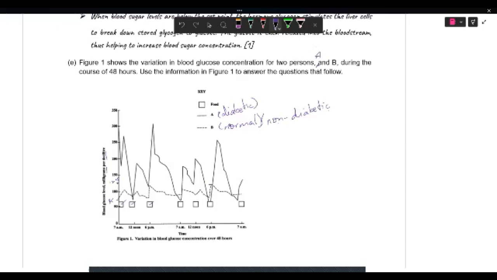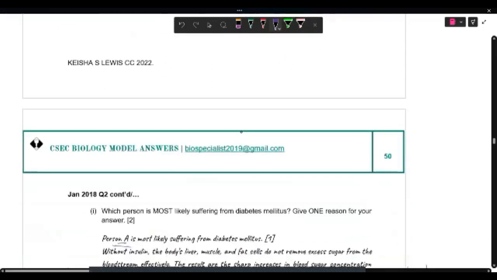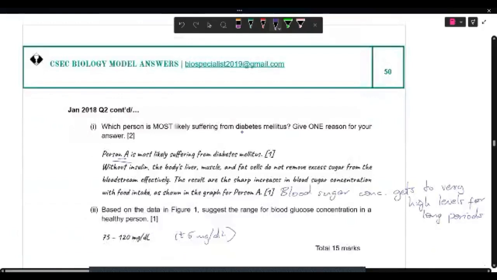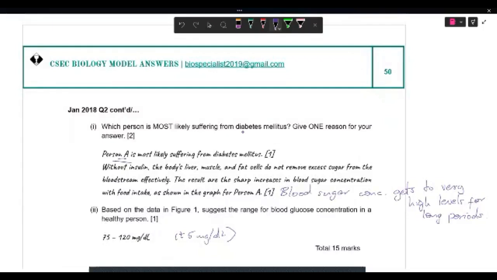Okay, so let's look at the question. And as we can see, we already answered the question, which person is most likely suffering from diabetes mellitus? And we know that's person A, but we have to give a reason. So there are two directions you can go. You can say that there are sharp increases in blood sugar concentration with food intake, as shown in the graph. And we can also say that blood sugar concentration gets to very high levels for long periods, as we can